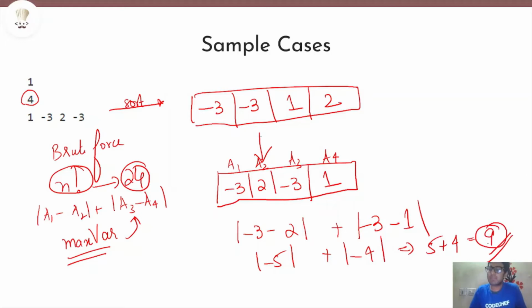9 is the maximum achievable sum, and you can try out every permutation to verify this fact. But I want you to pause the video and try to find out what I did here in order to arrive at the maximum sum. I gave you a hint by telling you that we need to sort the array. After we sort the array, what operation did I do to get to this optimal permutation with the maximum achievable sum? This is a question for you. Try this before going to the next part of the solution.